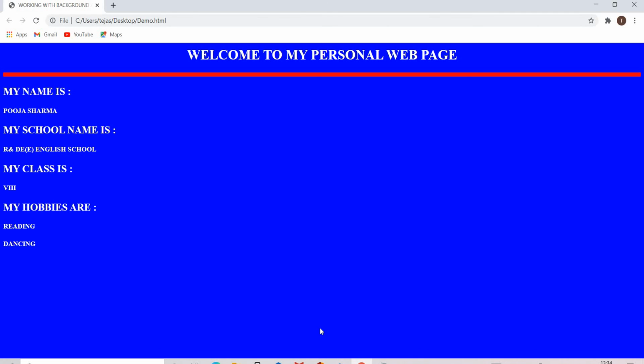So like this you have to complete your practical at home. If you have any query or doubt, you can write in the comment box. Along with that, you have to complete the practical on page number 105. It is the same as what I showed you here. So complete these two practicals and send your HTML file to me.